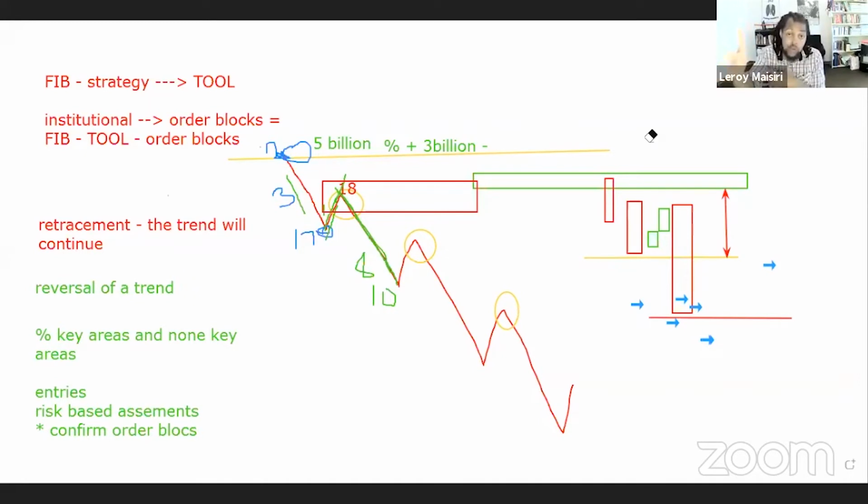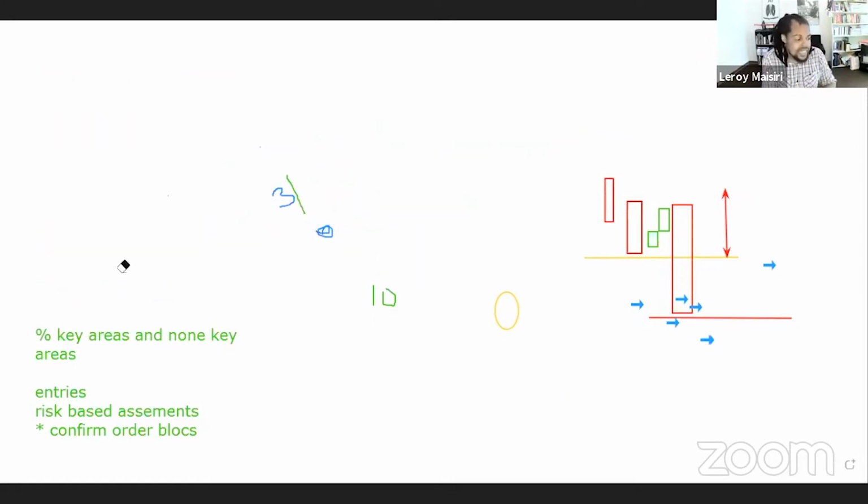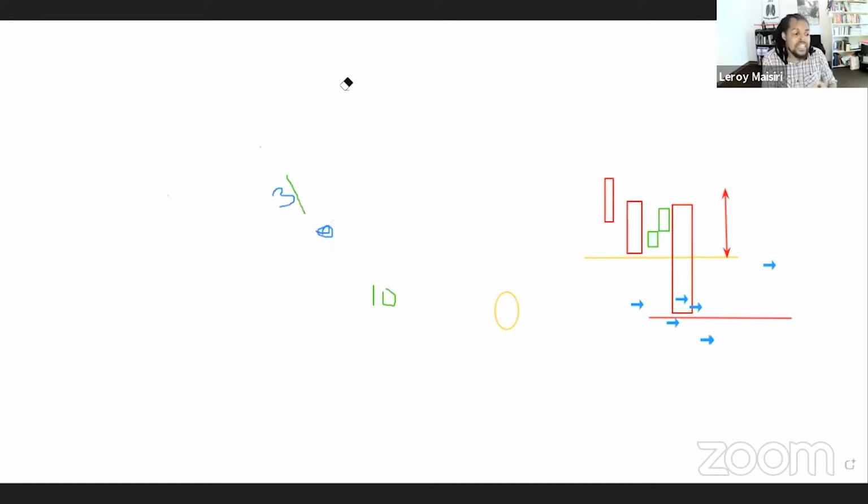I'm going to show you how the tool is used, but what I've just said is very important because the tool is calculated and following these basic things. All right. Now, the fib, like I said, guys, is just a simple, beautiful thing that does a good job